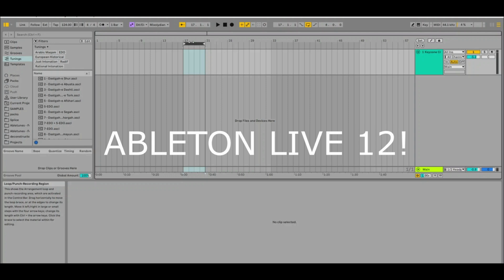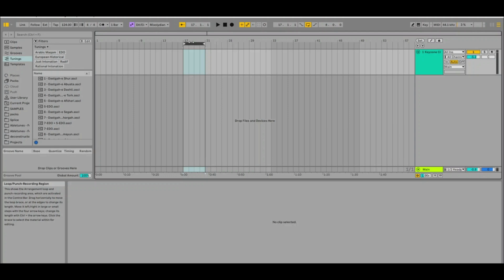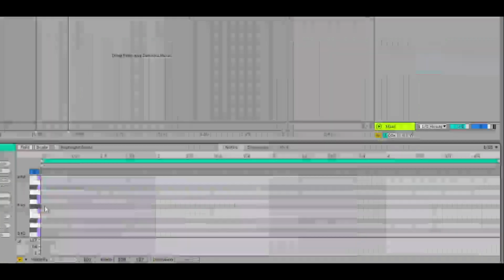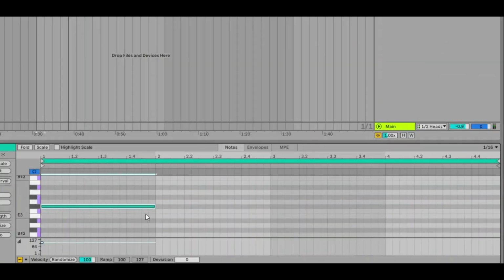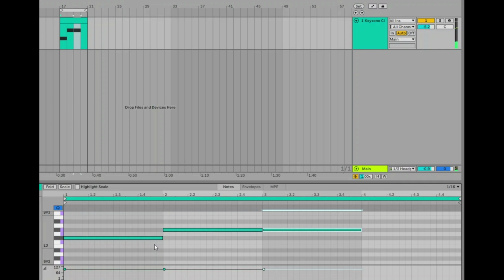Ableton Live 12 has some fantastic MIDI songwriting tools, which I think are the best new features of Ableton Live 12. There is so much in here that it's really worth checking out. We can start adding a note like that, and we'll just duplicate that, but we'll just put it anywhere like